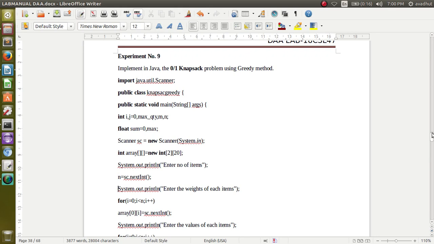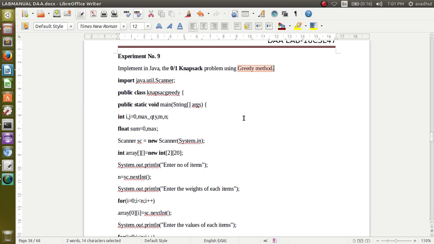Here you will be given a bag with a total weight m. Then you will be given some number of items n. Each item will have its corresponding weight and its profit. What you have to do here is add items one by one into the knapsack such that the sum of all the added items' weight should not exceed the total weight of the knapsack, and also the profit which we gain is the maximum. That is by using the greedy method.